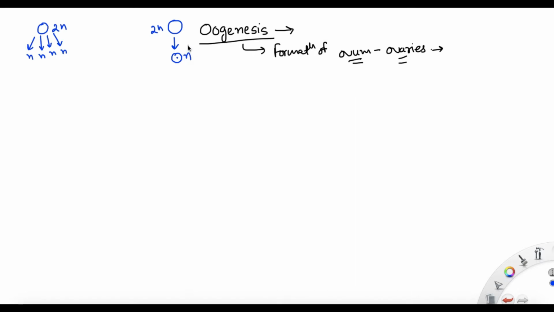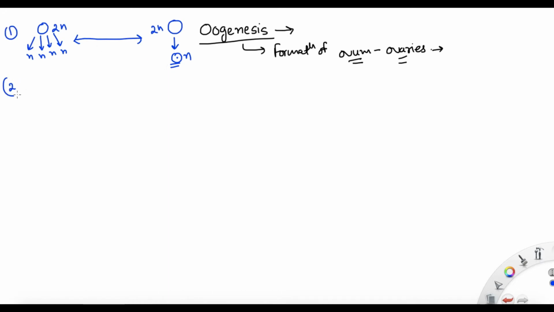Okay, and why is that? Why are we not getting 4 gametes over here? As we go on we will see, but that is the biggest difference that you have to know. And it will make all sense as we go on in the process. So in case of oogenesis there is only one haploid ovum from a germ cell. At the end we are going to get number 1.